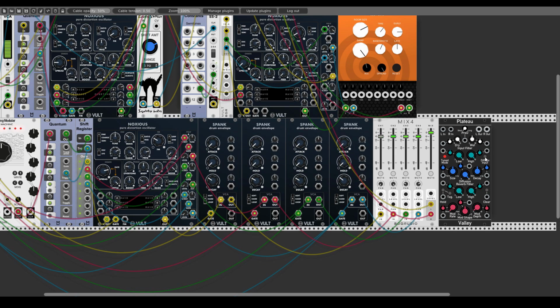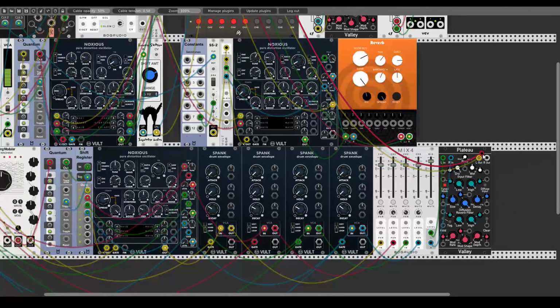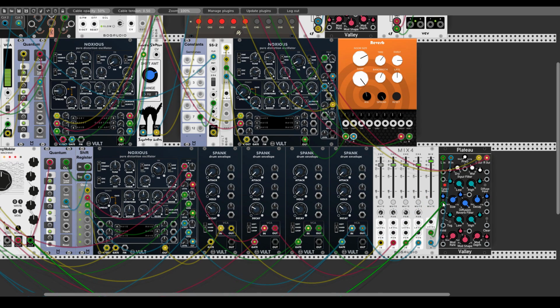So let's send the mixer first to the reverb of all of our percussive sounds, and from there to the mixer. Very nice. So we can modulate the size of the reverb. And let's do this actually with the volts section of the Turing machine. So I will send this to the size input and open the attenuator all the way up.